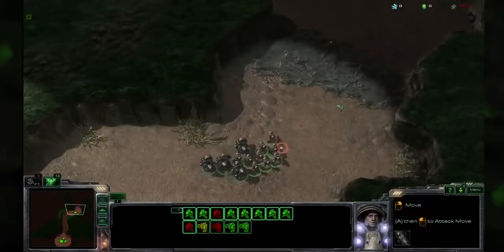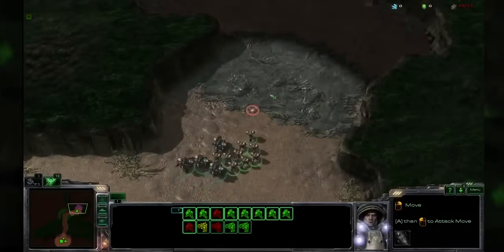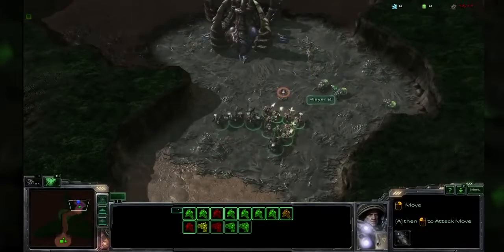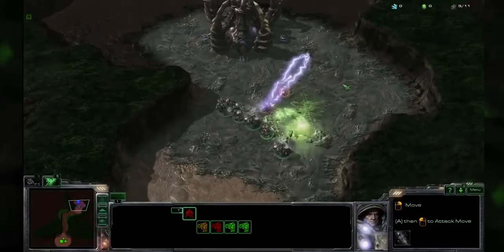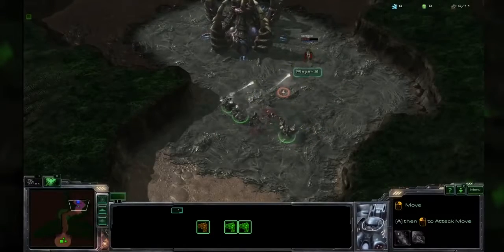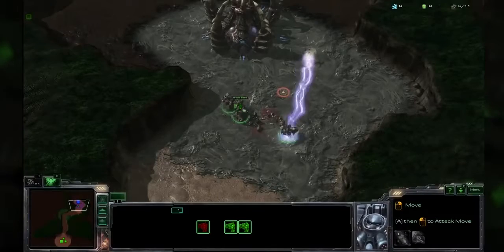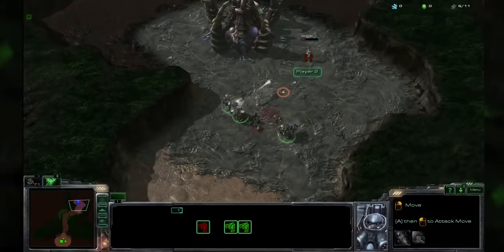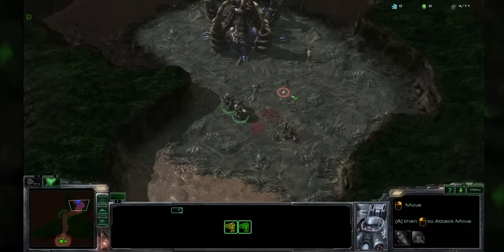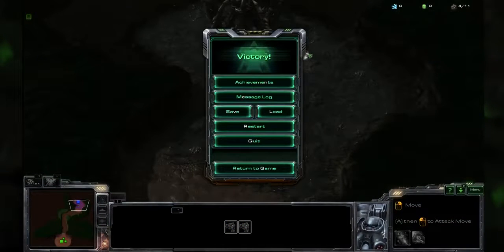All right, as we approach the end of the canyon, you can see the creep. There's the Zerg base, and there's the Banelings and Kerrigan. We actually seem to be winning pretty easily here. And there's victory. The player actually won a little bit too easy here,